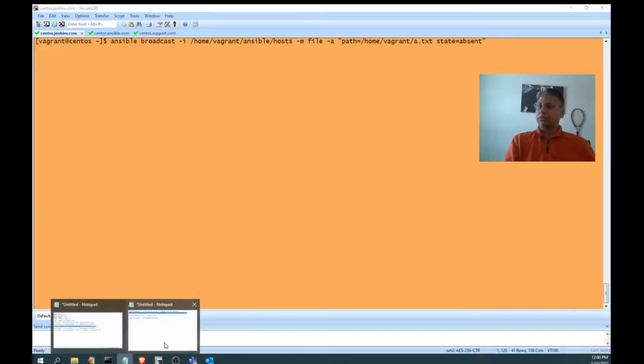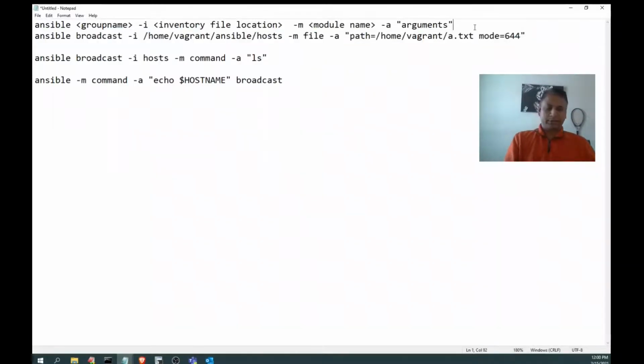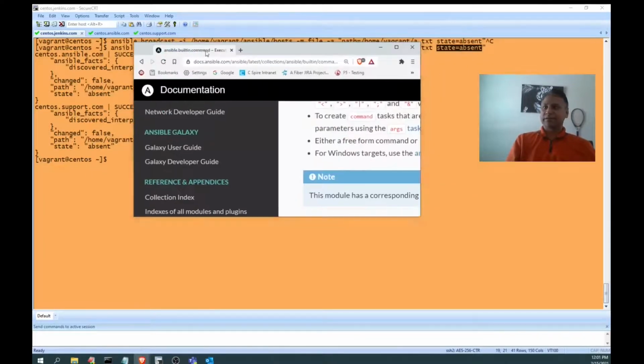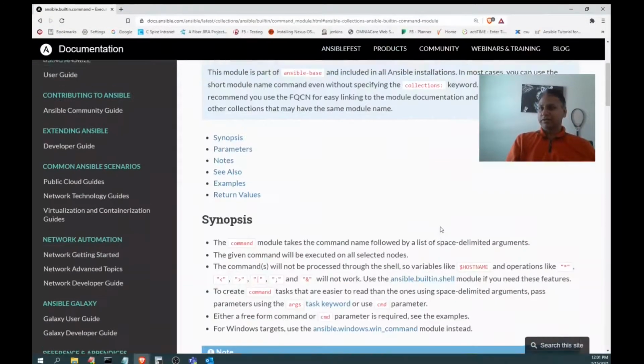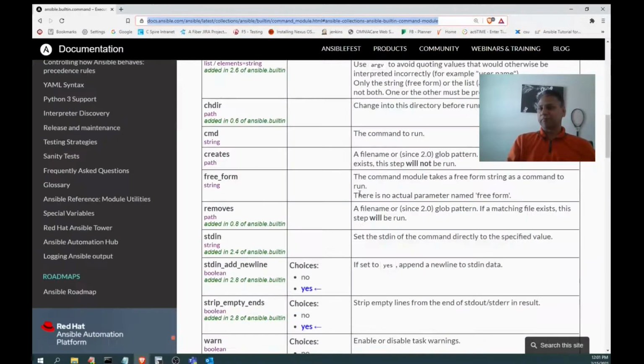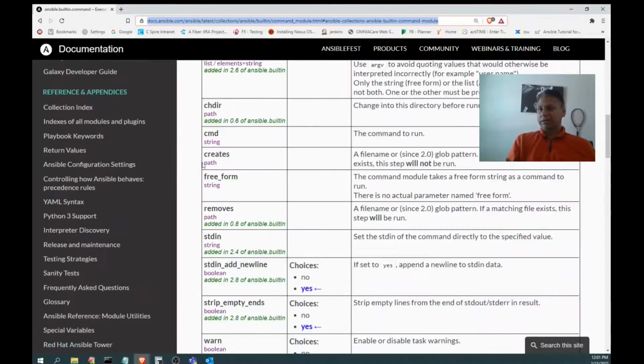What I'm going to do here, I will give you that command again, the next command. All those things, we need to get it from here. That's it. All we need to know is how to get help out of this help. This is the best documentation. Here all we need to pass these arguments space delimited, with the value assigned with the equal to. That's what I have used here.